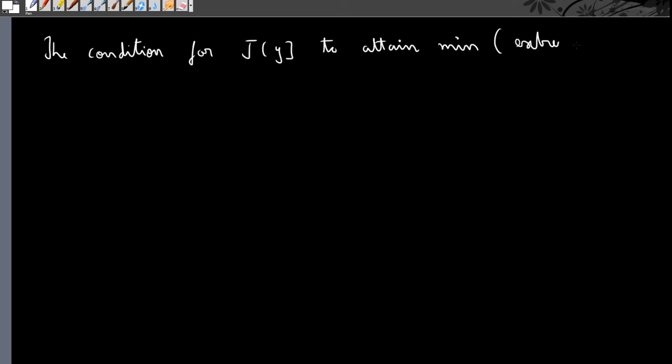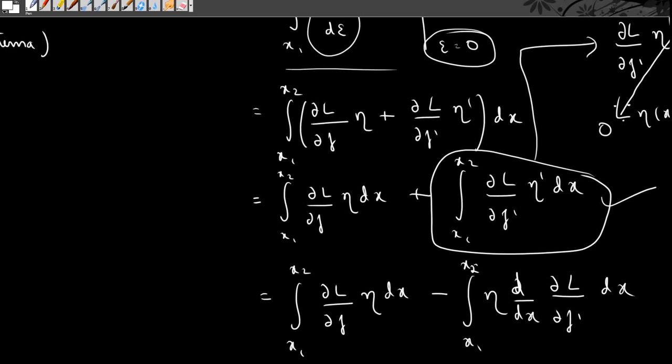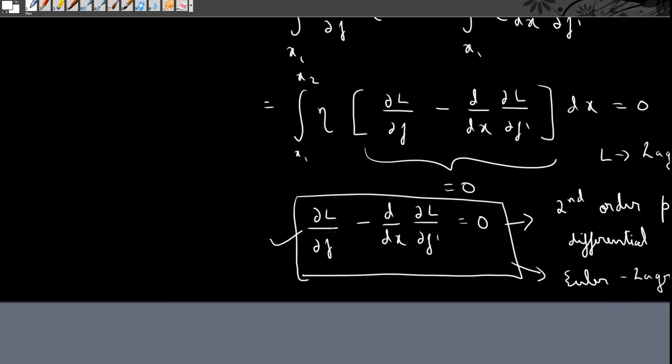The condition for J of y to attain minimum, or in general an extrema, is that this equation must be satisfied. This particular equation must be satisfied. So that is basically the Euler-Lagrange equation,